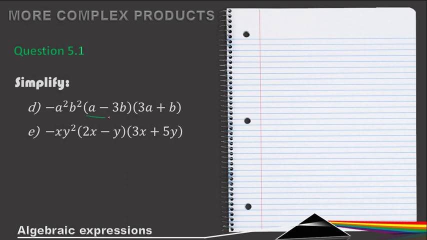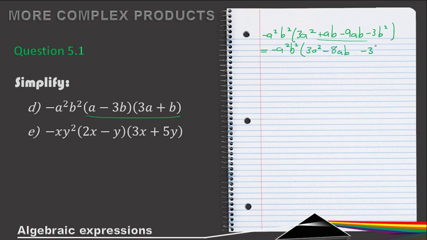Right, so we're going to start with this. We have negative a squared, b squared. So that's 3a squared. Then we've got plus ab. Then we get negative 9ab. And then finally we have negative 3b squared. Right, so this is minus a squared, b squared. Then we can add these like terms, so 3a squared, 1 minus 9 gives me negative 8ab minus 3b squared,